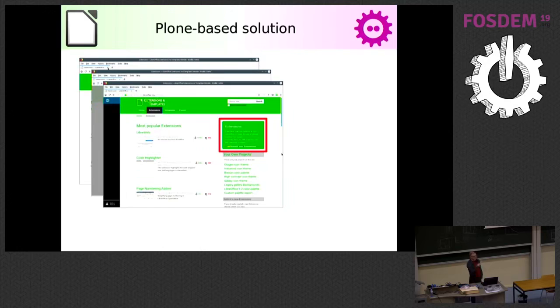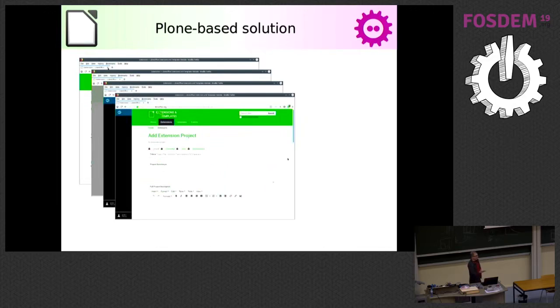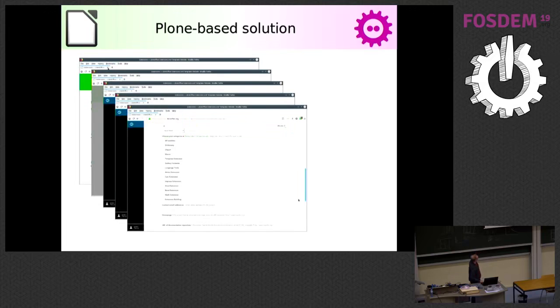Below this section, there is a list of my extensions that I uploaded before, and I can open them via links. Our design is not optimal in this regard because we show links as green text, just green font without underlining. Okay. After clicking on new extension, you get a page, add extension project. You get a title, a short description, a long description, and below you get a number of options for what module it can work. You get also